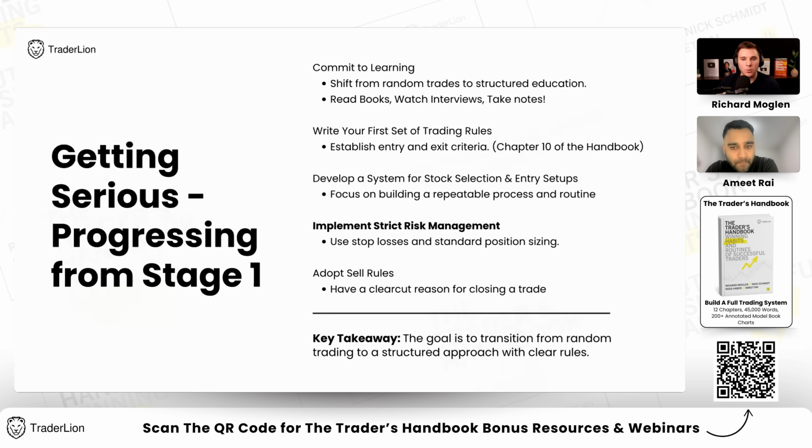What does a buy look like? What does a sell look like? Implement strict risk management. This is so important. Just this fact, having a stop loss on every trade is a big step into progressing from stage one to